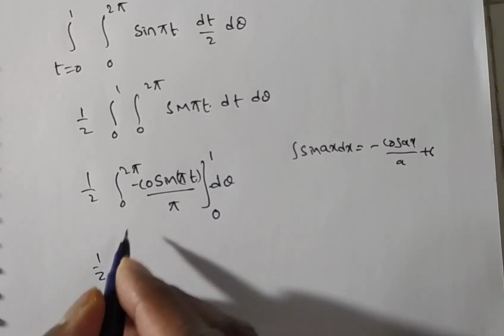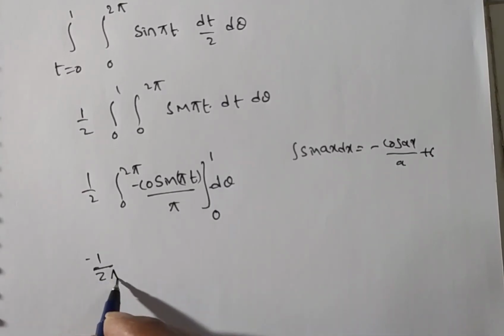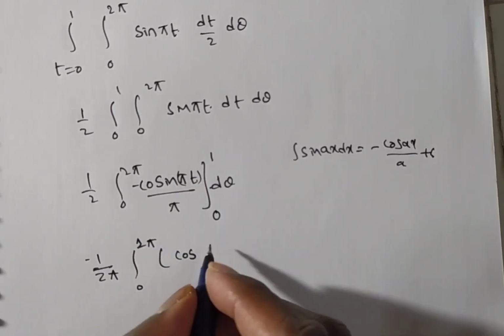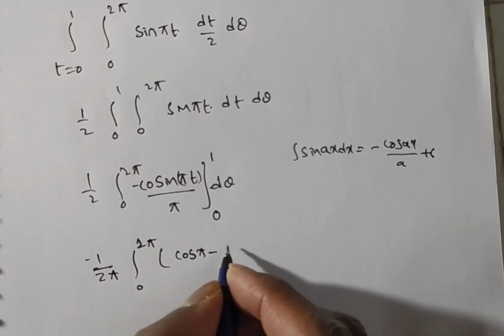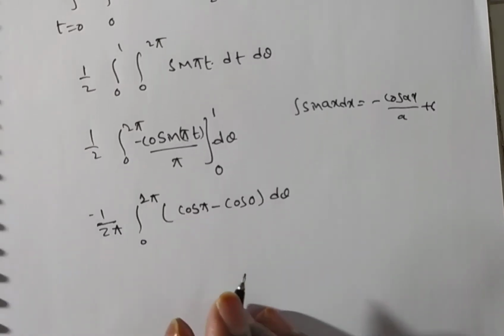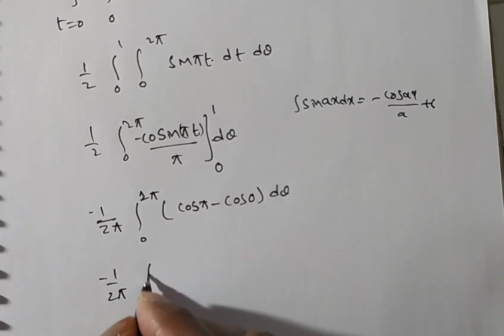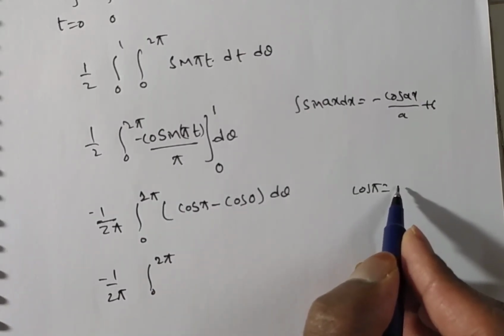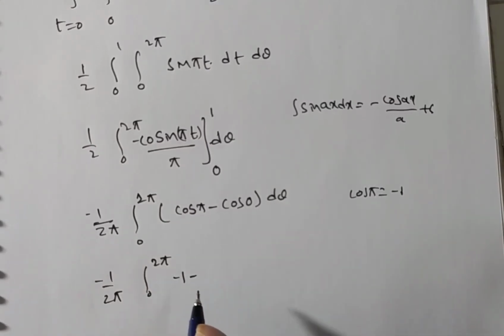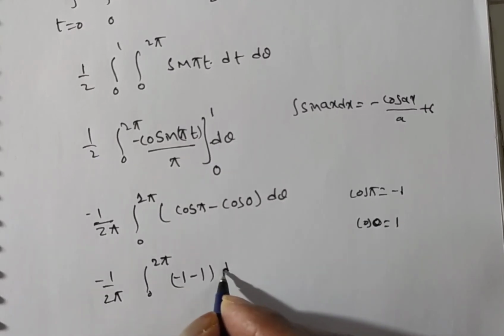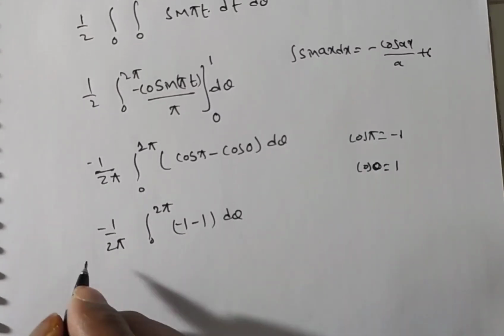Now minus I am writing outside, pi also I am writing outside. So minus 1 by 2 pi, integral from 0 to 2 pi. If the upper limit is substituted, cosine I am writing simply cos pi into 1, cos pi minus cos 0 into pi, that is into d theta. Minus 1 by 2 pi times half, integral 0 to 2 pi. Cos pi, what do I have? Cos n pi is equal to minus 1 whole power n. Cos pi is equal to minus 1. Next cos 0 is equal to 1. So minus 1 minus 1 into d theta. So you will have minus 2.